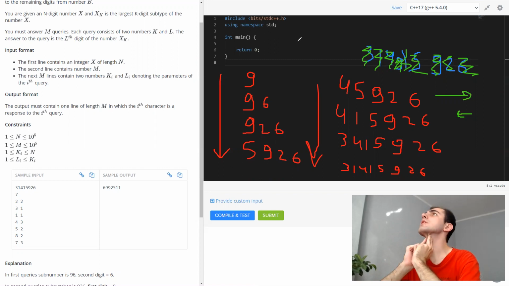Okay, I'm pretty confident that we can keep an ordered set, and by ordered I mean the GNU policy-based data structure tree, because obviously std::set is also ordered, but it's not what we want.